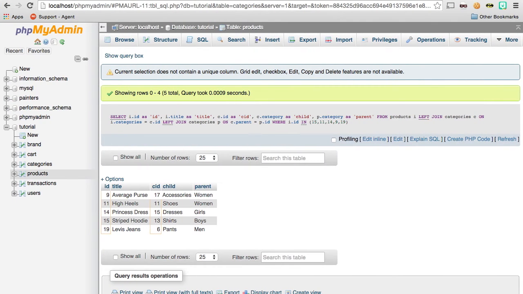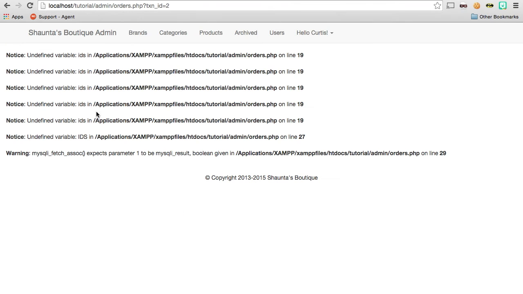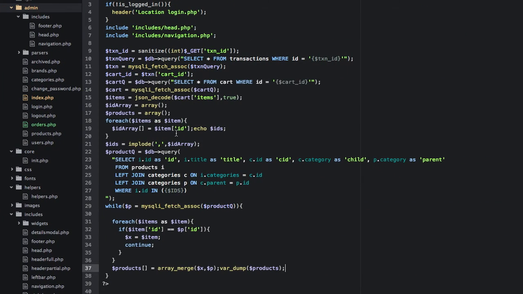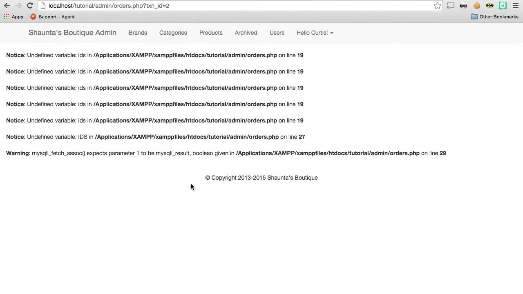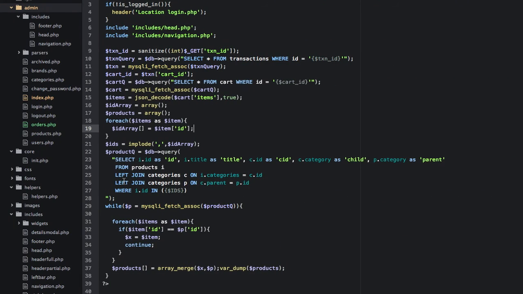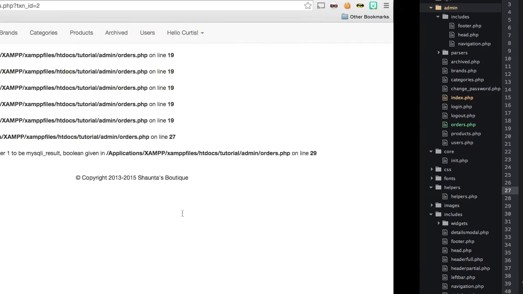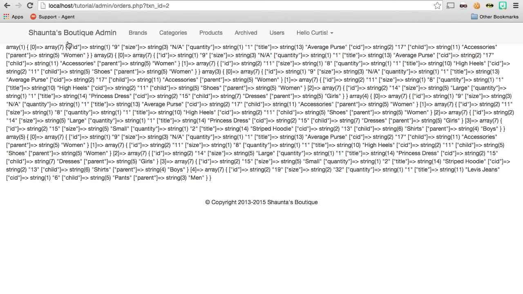Okay, so if we don't have any syntax errors... we do. Line 19, let's get rid of that. Okay, and then what other syntax error did I have? Line 27. Yeah, this was supposed to be lowercase. There we go. So now we have this array,